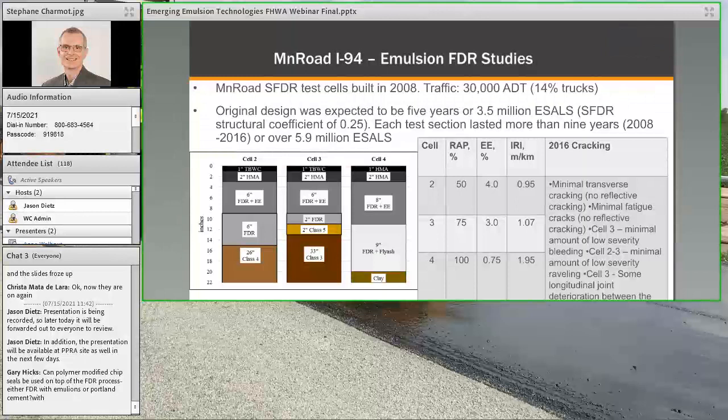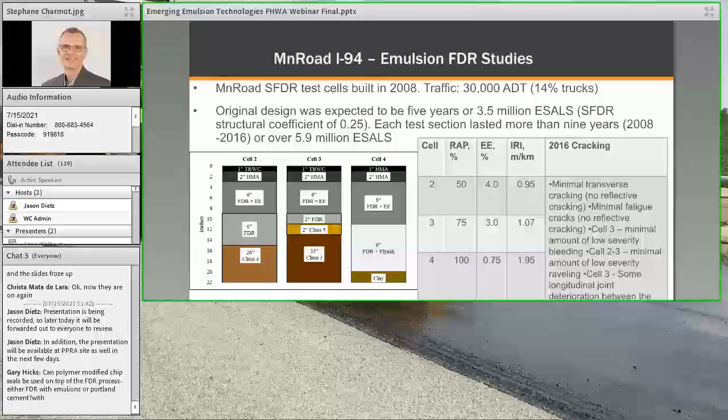So at MnROAD, in 2008, there were different emulsion FDR sections that were constructed. I think in Minnesota, they call it SFDR, so it's stabilized, I believe, full depth reclamation. Using emulsion, we can see some of the cells that were constructed, and the traffic is about 30,000 ADT with about 14% trucks. The original structural design was for 3.5 million ESALs. And what's very interesting is that these sections that were built really exceeded the design life of the project. And when they looked at it very closely a few years later, in